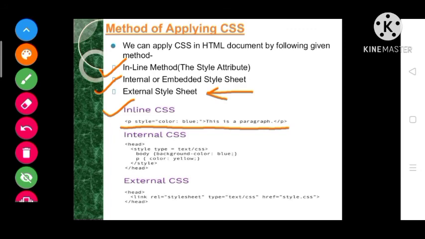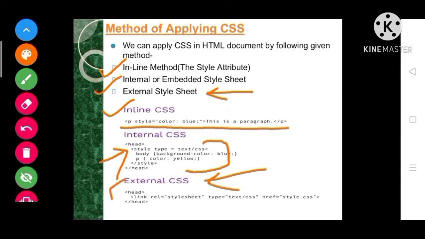But if we want to change the whole thing, means a complete single web page, then we should use internal CSS. This type of CSS we can use only in a single web page program. And the third one is external CSS.